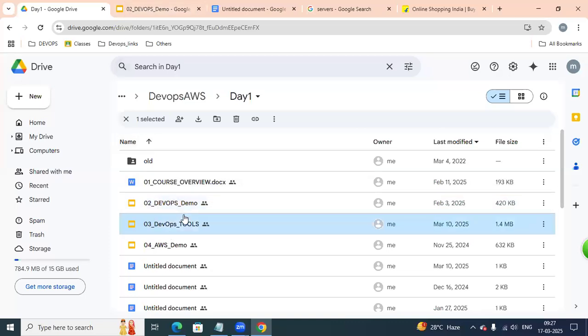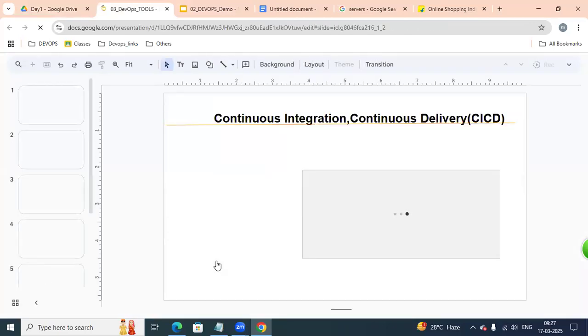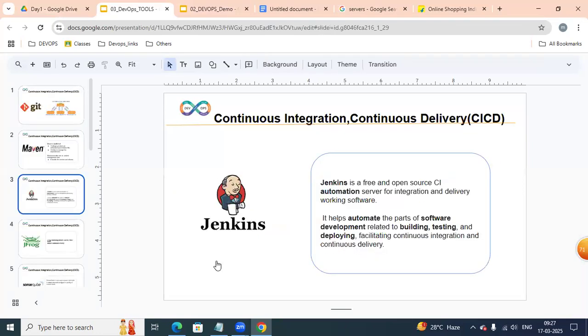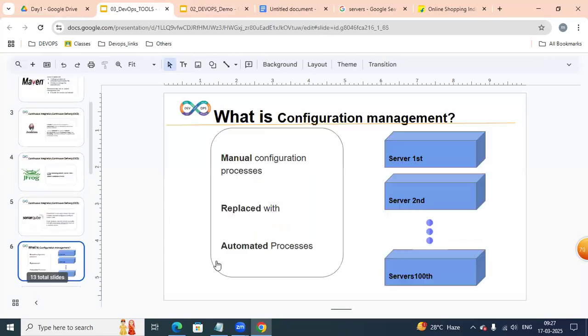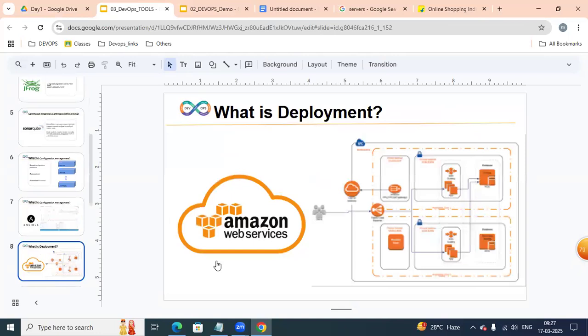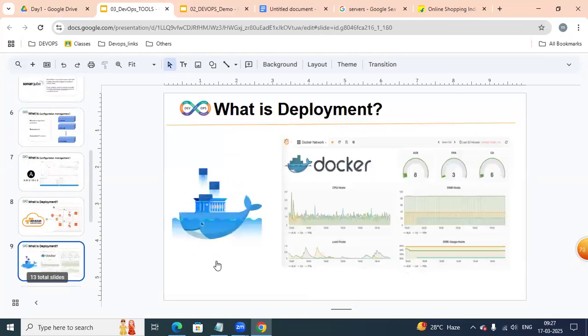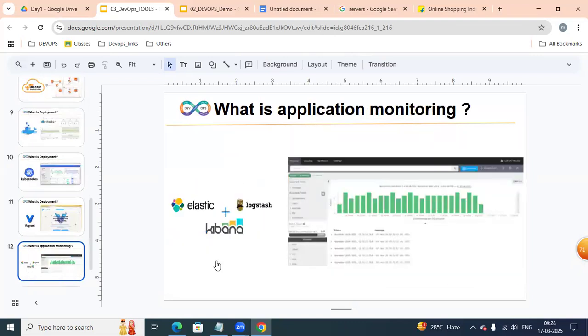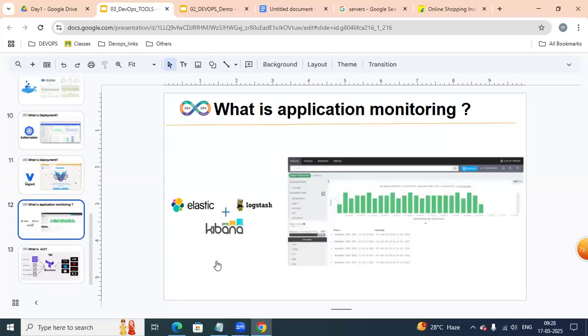Which tools are we going to learn? Let us list them down.